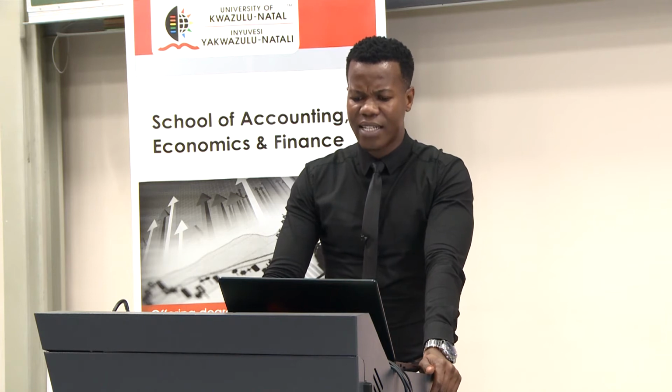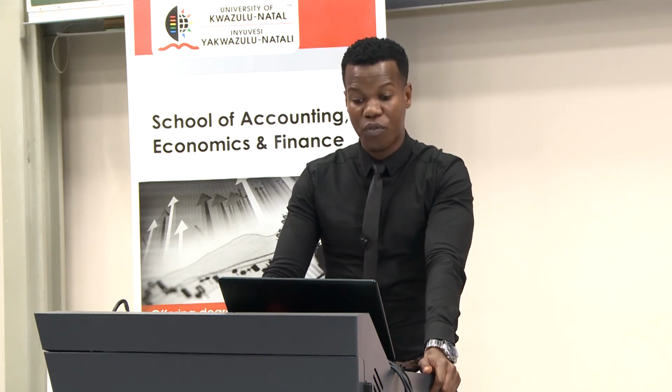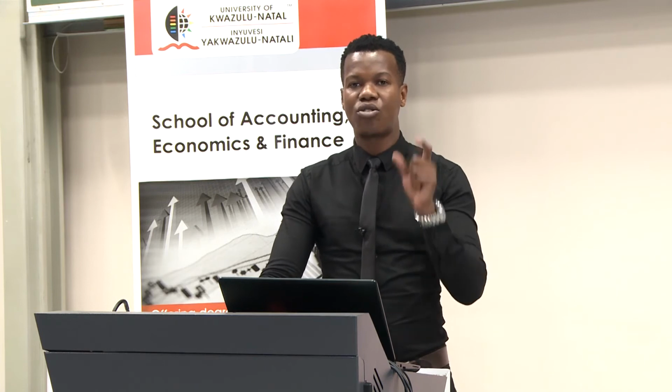And then the next thing that comes from there is you will see that we are now buying these shares at 4.10 Rand, which is 60 cents above the amount that we would have sold that share to initially. The initial amount was 3.50 Rand, and now we're buying these shares back at 4.10 Rand. So it is an increase in the share price that we are paying of 60 cents. Now that portion needs to come from our retained earnings.